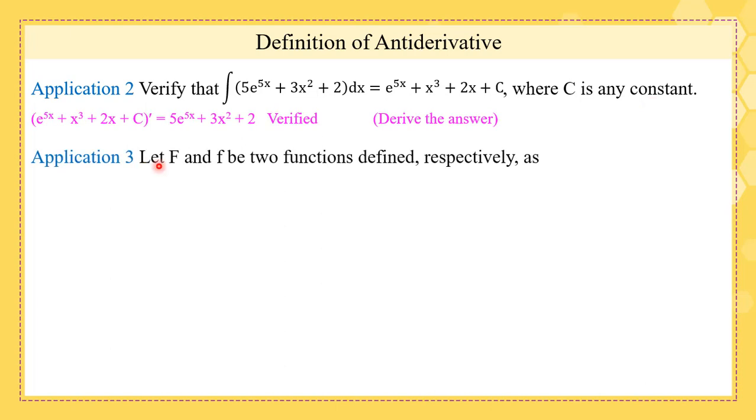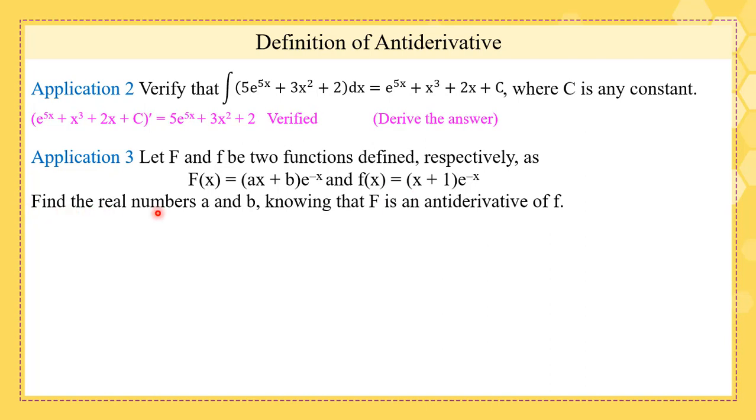Application 3. Let capital F and small f be two functions defined respectively as capital F of x equals (ax plus b) e to the minus x, and small f of x equals (x plus 1) e to the minus x. Find the real numbers a and b, knowing that capital F is an antiderivative of small f. Pause the video, then solve. Solution: